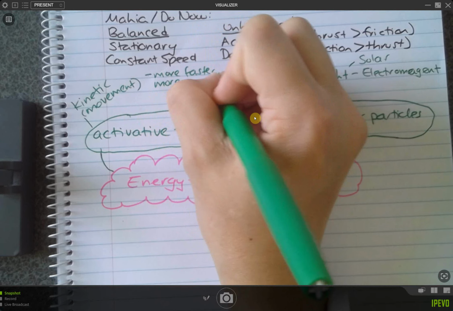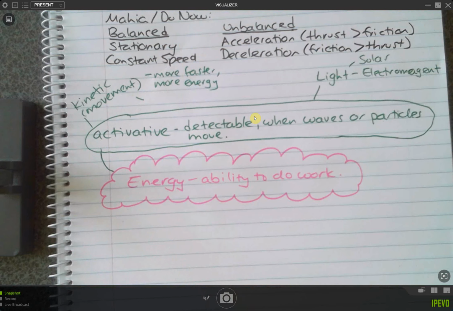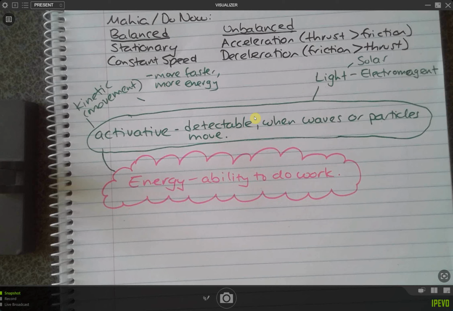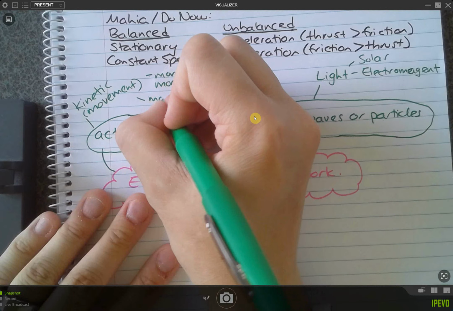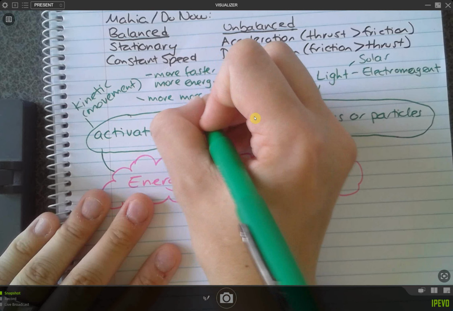What about if I am heavier, if I'm more massive? If I'm hit by a truck versus hit by a car, which one do you think is going to do more damage? The truck. So more mass, more energy.